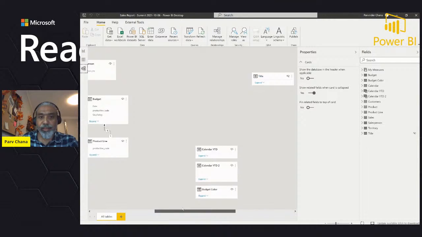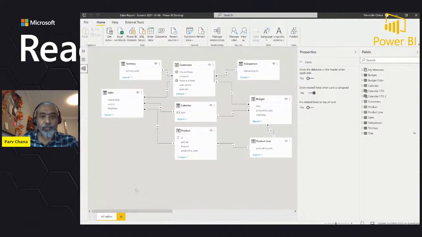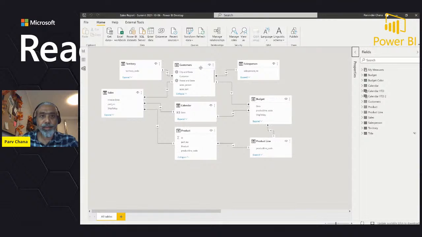What we have here is a simple model, a typical star schema. We have a sales table, which is a fact table, and then we have all these dimensions. Actually, it's a snowflake. There's a couple of things, like territories assigned to customer. Anyway, we're not talking about modeling, but just want to show how these things are connected.